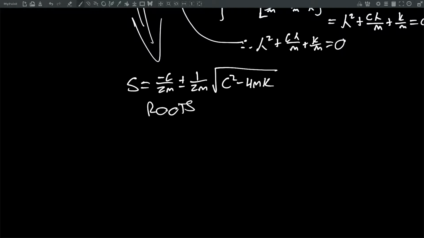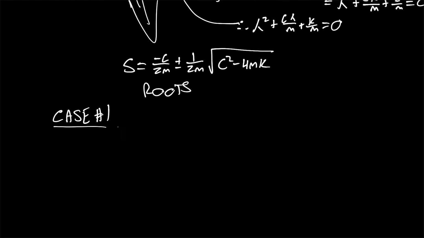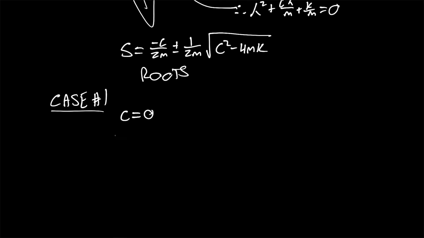So the first case we're going to be considering here is the case where c equals 0, which basically means that this system has no damping. If c equals 0, then s equals simply plus or minus 1 over 2m times the square root of negative 4mk. And since m and k, by definition, have to be positive values, this is going to be a purely complex solution. So it's going to be equal to plus or minus